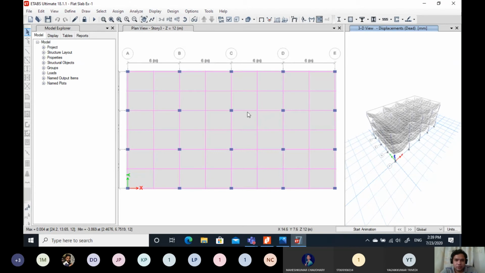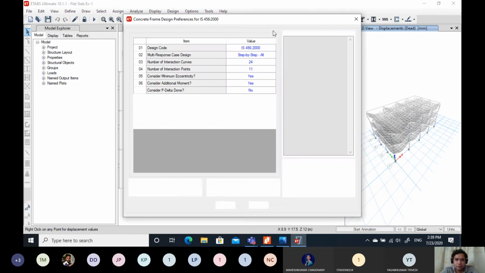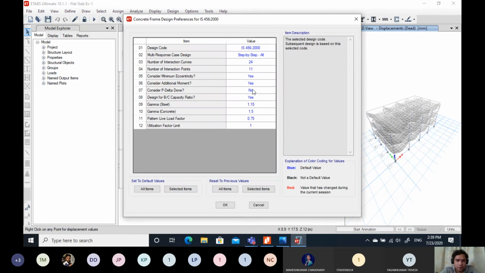Okay, so it is analyzed now. You can now go to design, concrete frame design, view design preferences, and set all these as by default.